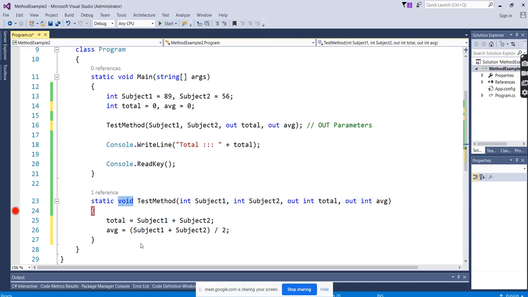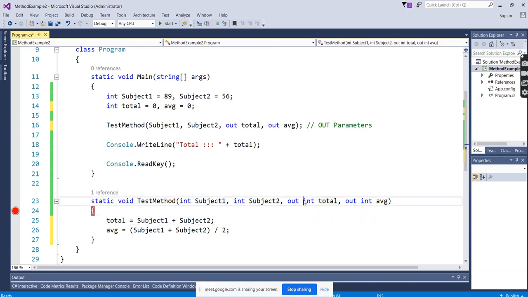Why have we removed the return type? Because the return type is returning only one value. We want to go with multiple values now. I want to return multiple values. Then the return type concept doesn't come into the picture. We will handle it with the out parameters. In parameters, these are the two input values, and these are the two output values that I have to mention with the prefix. Better to use the word prefix before the data type.